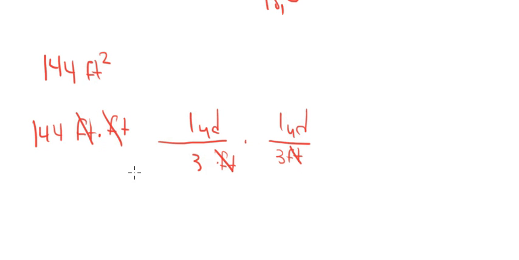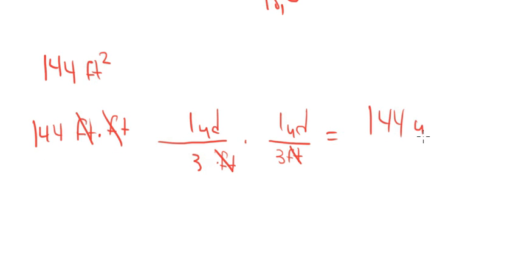You understand? All right. And then now we just do our multiplication because how many did we need? Square yards, right? How many square yards of carpet? So we have 2 yards. That means they're squared. Now we simply multiply our numerator and divide by our denominator. We have 144 times 1 times 1 is going to equal what?